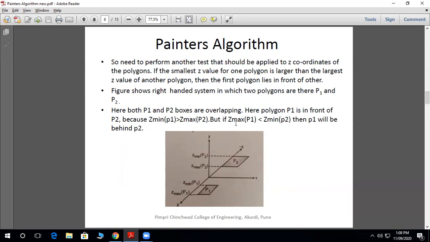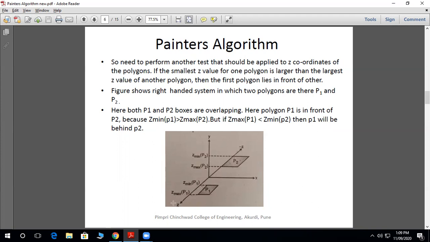But if Z max of P1 is less than Z minimum of P2, then the reverse case will happen, and P1 will be behind P2. From this diagram we can see P1 is in front of P2. Why? Because Z minimum of P1 is greater than Z maximum of P2. We can see this is the negative Z value.